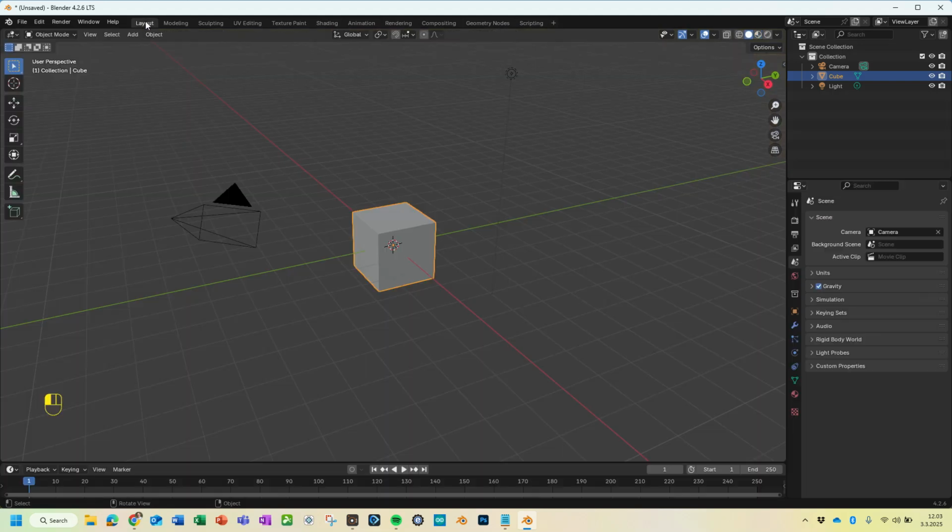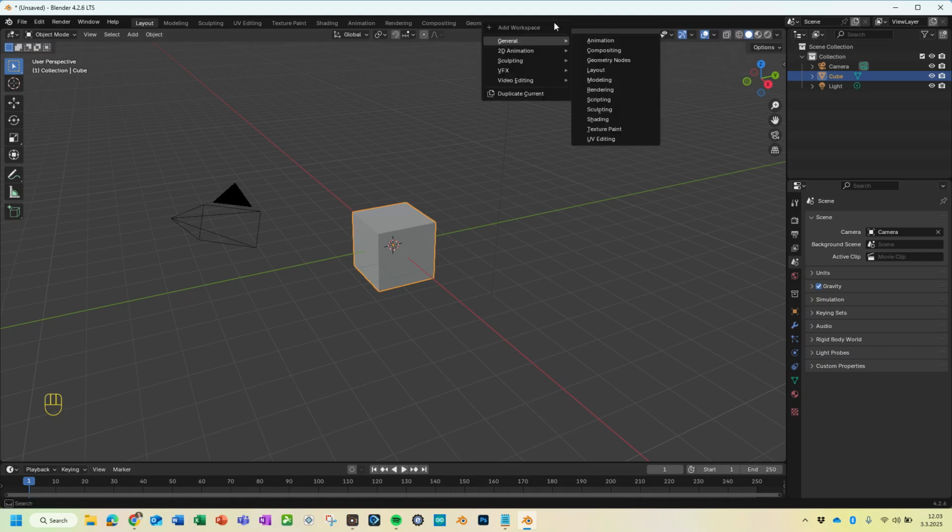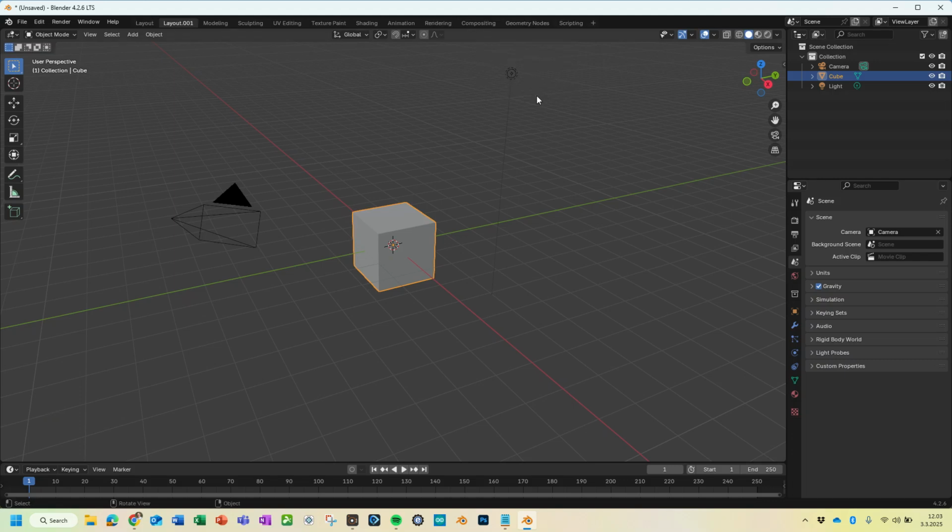But if you find that you are missing a workspace that is not there, you can create your own by clicking on the plus button here, and you can duplicate the current one, and then with the right click, you can rename it. You should be able to rename it. A double click will actually do it. My layout,